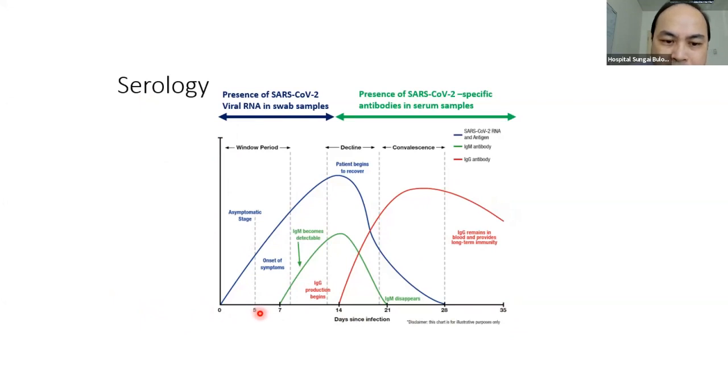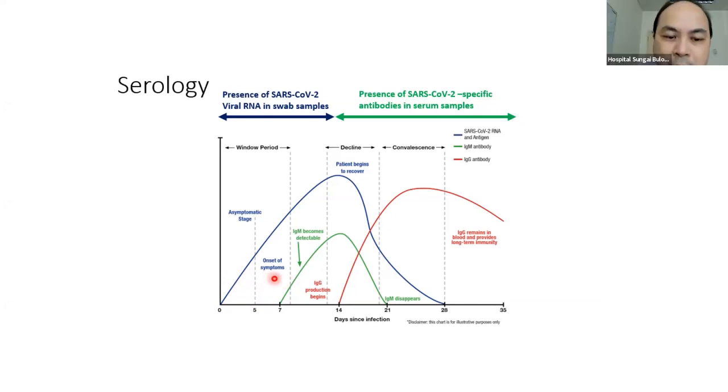As I told you, most patients' symptoms start after day 5. Before day 5, you are in the asymptomatic or pre-symptomatic stage. Even before you have symptoms, your virus is already starting to increase. These patients, at least 2 days before the symptoms start, are already infectious. The main time they are infectious is between 2 days before and 2 days after the onset of symptoms. That's when the patient is most infective.